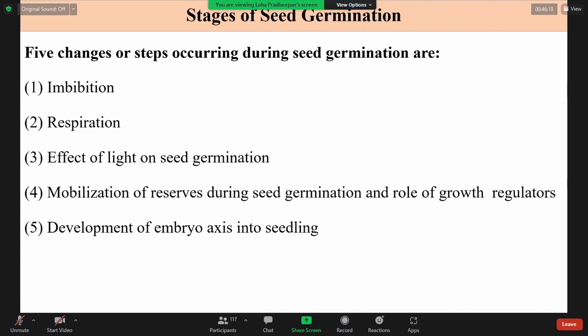Then finally, it is developing the embryo axis, and it is giving the shoots out and the root also below the soil. So if we look into the seed germination, we can divide the seed germination process in